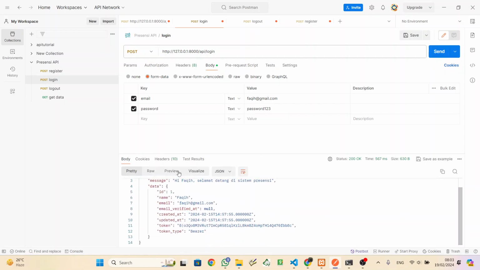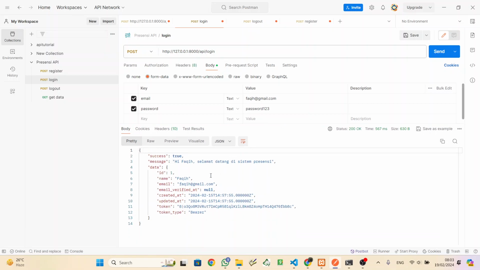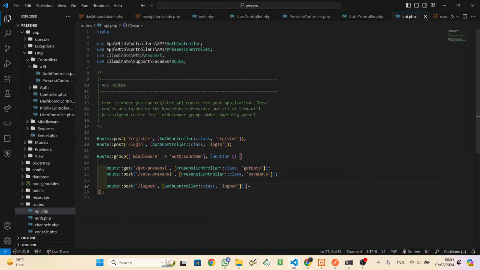When the output is this, it works. The code works. Login. Okay,